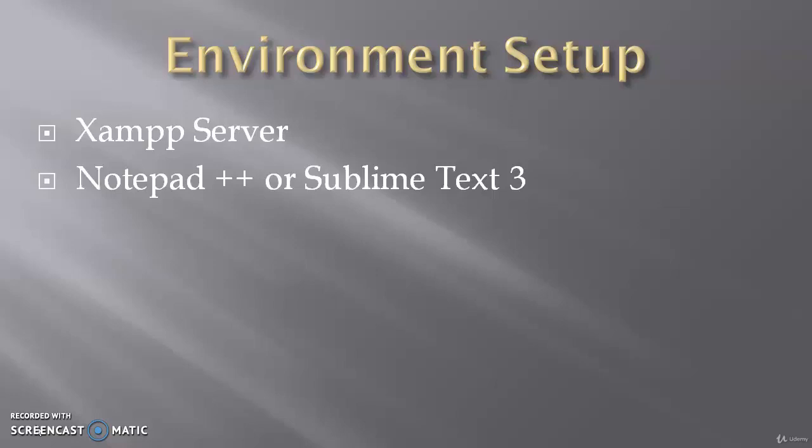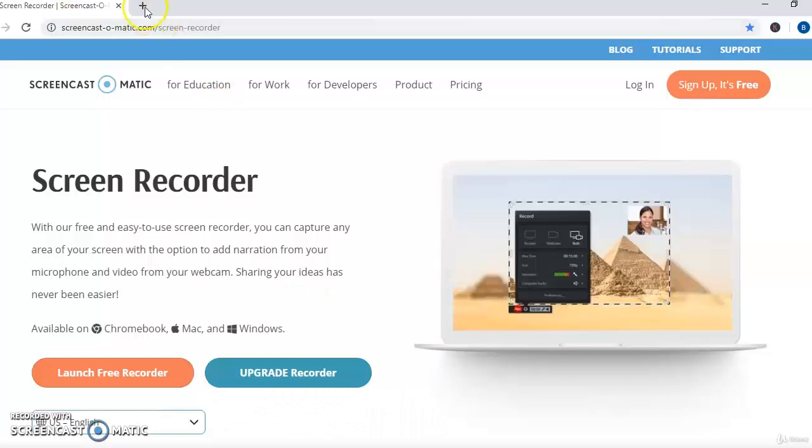XAMPP is basically a cross-platform local web server which allows us to execute PHP code locally by providing a local PHP interpreter. In XAMPP, X stands for the platform on which we are going to install the software, A stands for Apache, M stands for MySQL, and the last two P's stand for Perl and PHP. So to download the XAMPP server, let's navigate to our browser and type in over here